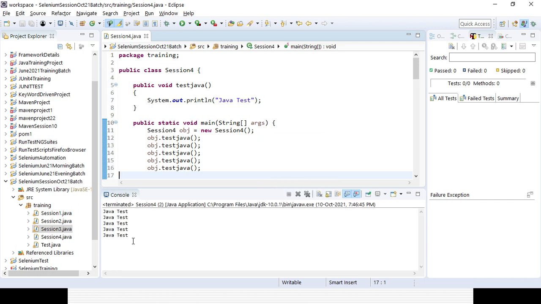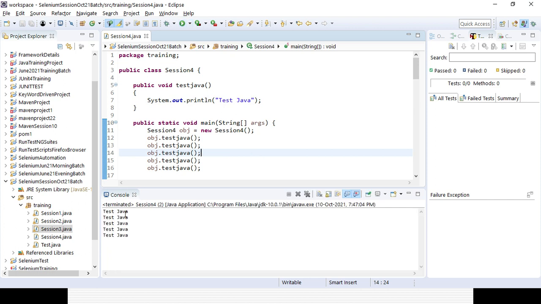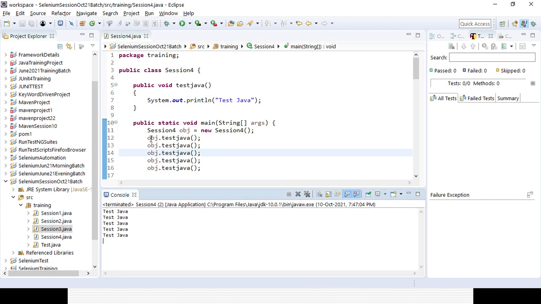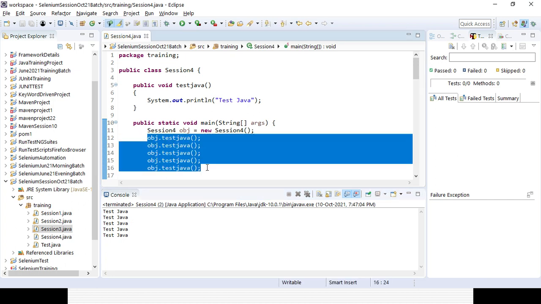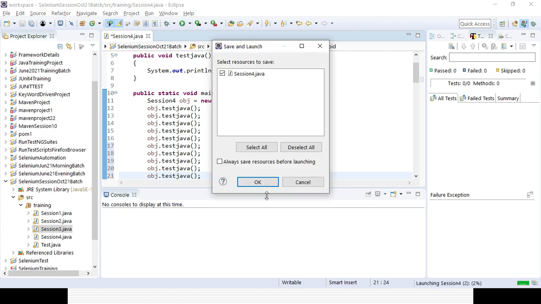Okay. Now say tomorrow, instead of Java test, the customer wants to change it again to test Java. What happens here? You will be changing it only in the method, so you don't need to update or touch the remaining lines of code. If you run it, you will not get any error. Every time it's 10 Java test. If you want to use it 20 times or 10 times, there will be no impact at all. You will be updating in one place, and every time it will be automatically updated. That is the beauty of the method. It does not matter whether it has a return type or not.